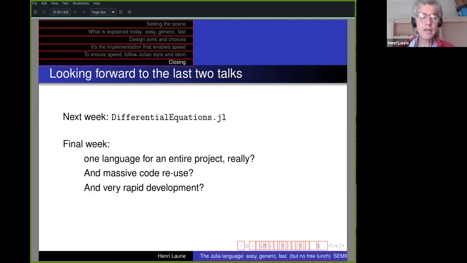And then the last week, I want to get back to the question of one language, just one language for an entire project. And then you get massive code reuse and very rapid development. I would say the answer is yes. And the rapid development is because of the first two items that can be done. And maybe open up the question of whether this makes Julia very suitable for high performance computing or not. Which I'm not enough of an expert to say, but I think it's a very interesting possibility. So